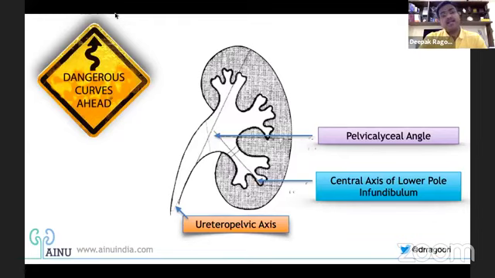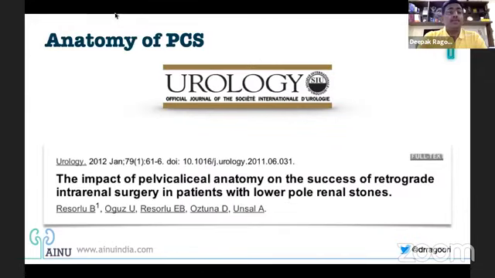But there is another factor which I normally make a point saying, which is very difficult to assess and there is no investigation which could give you, is the elasticity of the pelvic calyceal system, the tissue there. At times when you actually see an IVU or a CT where you feel the inferior pole or the calyx is very acute, you'll be surprised when you go in that it is actually very freely admitting. So that is another parameter which cannot be quantified, but can only be seen when you go in.